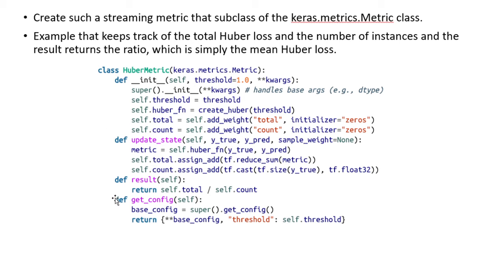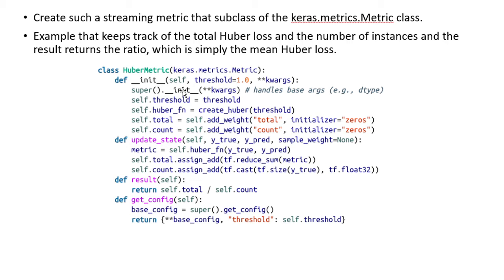Let's understand this in some more detail. The class name used here is UberMetric class, which is a subclass of keras.metrics.Metric class, under which the first method is the init method.